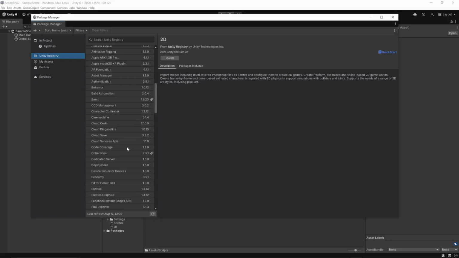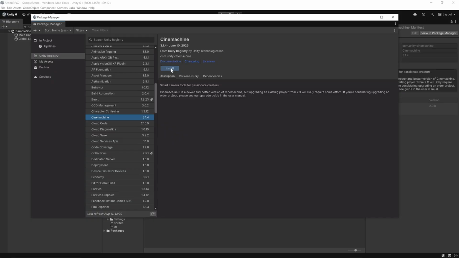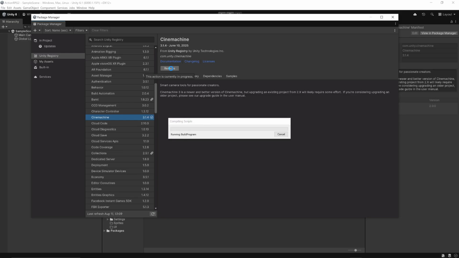And where is it? SceneMachine, there it is. So you want to find SceneMachine, you want to click on that, and you want to install that, because we will be using SceneMachine. Once that installs,